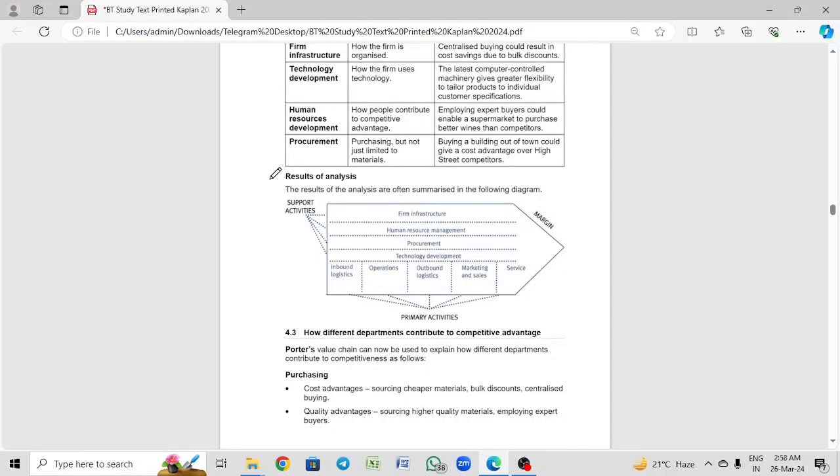Now how every operation can help us gain a competitive edge, a competitive advantage. For example purchasing, okay, if I am able to acquire more raw material at low prices, okay, I am able to source cheaper material, okay, I am able to get bulk discounts, so I will have a competitive edge, again cost, it will make me a cost leader, okay. If I am able to procure quality products which my suppliers are not able to, okay, then I will be able to charge premium prices, okay, this will differentiate my